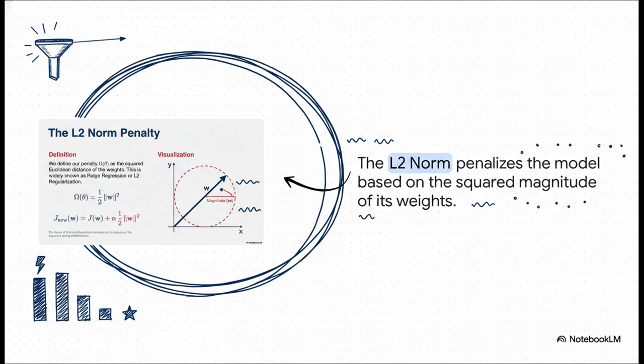So what does this simplicity penalty actually look like in practice? Well, for this explainer, we're going to focus on the most common one, which is called the L2 norm. And it sounds fancy, but it's really not. It's just the sum of the squared values of all the weights in the model. That's it. So if you have a bunch of large weights, you get a big penalty. If your weights are small, the penalty is small. The model is now directly incentivized to keep its weights as small and as close to zero as possible.